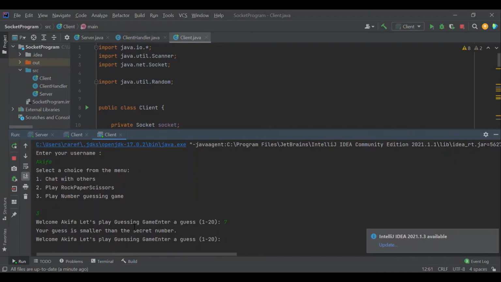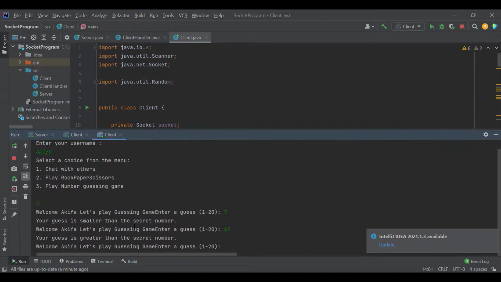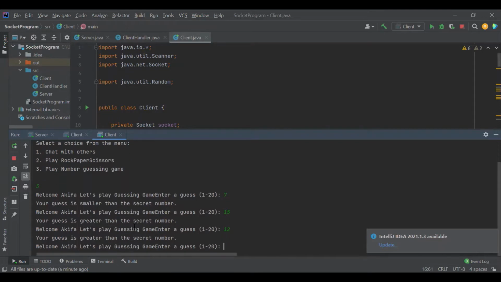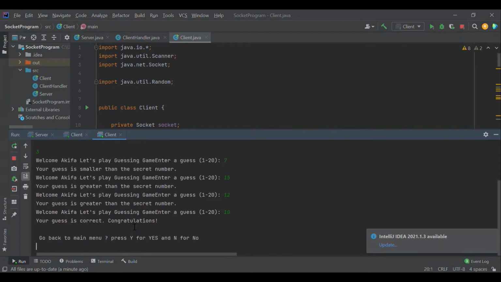It says your guess is smaller than the secret number. So we guess a bigger number, let's say 15, and now it says your guess is greater than the secret number. So we guess a number less than 15, let's say 12. Again, it says your guess is greater than the secret number, so let's type 10. Okay, it says your guess is correct, congratulations. Then we get the menu asking if we want to go back to the main menu. If we type Y,